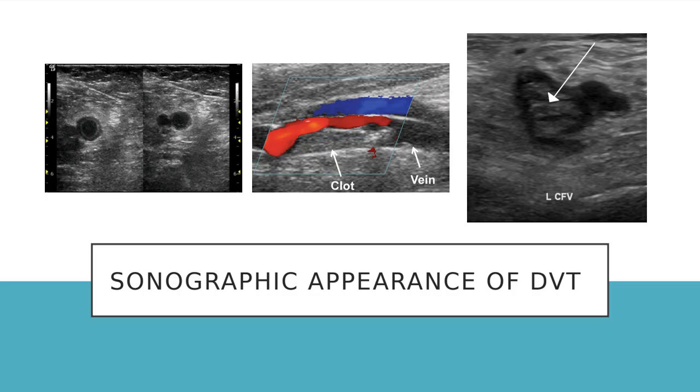And then ultrasound appearance of a DVT, like we said, an incompressible transverse view of the lumen of the vessel, telltale sign. Also, any abnormal wall thickening. So over here, this picture, great example showing what a chronic DVT is going to look like. It's not this overwhelming blockage of the vein. It's more so, hey, I've got a lot of clot that's kind of gathering along the wall here. And then when I go to compress it, it doesn't compress at all, right? That's non-compressible there with transducer pressure. And then here in sagittal, you can see a clot, not fully blocking the vein, but pretty close. And again,